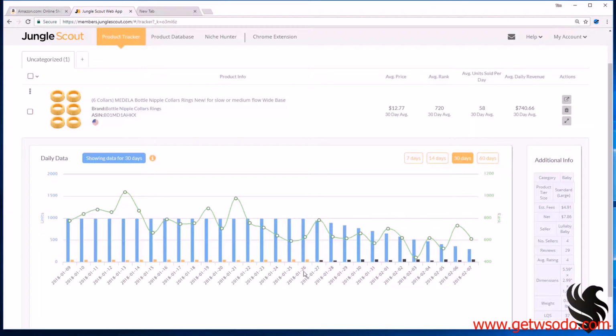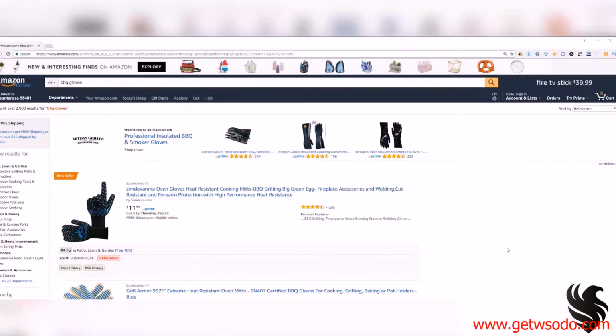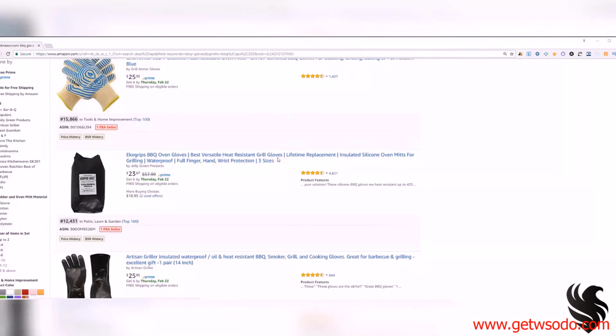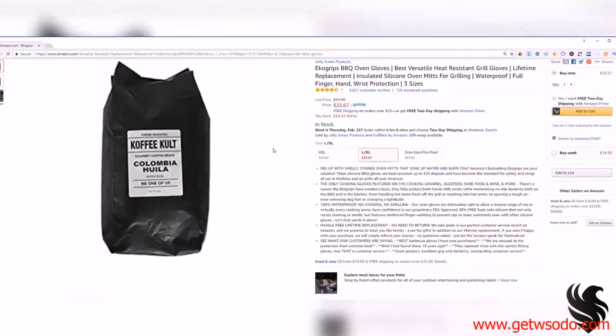And this can help you focus a little closer and run your business a little closer to what the actual sales might be. Now here's why I also recommend using Jungle Scout: when you click on an item and you scroll down,